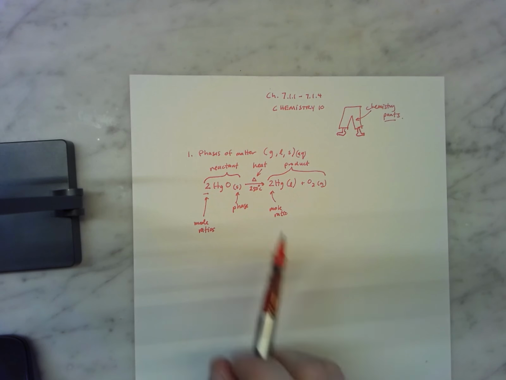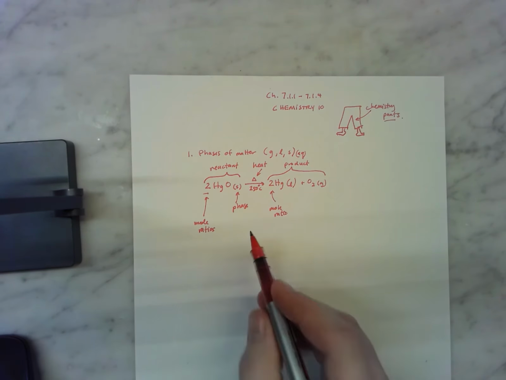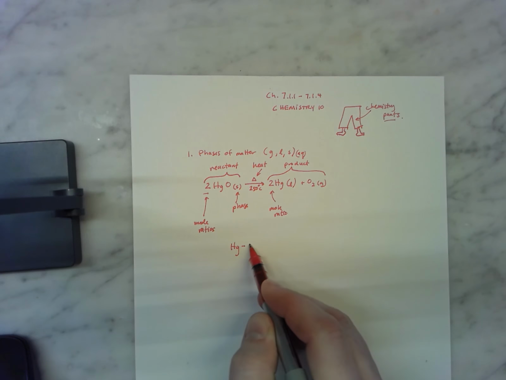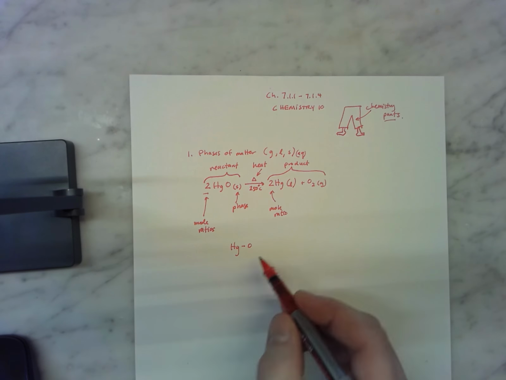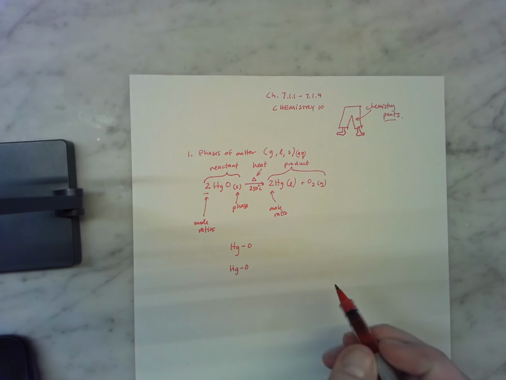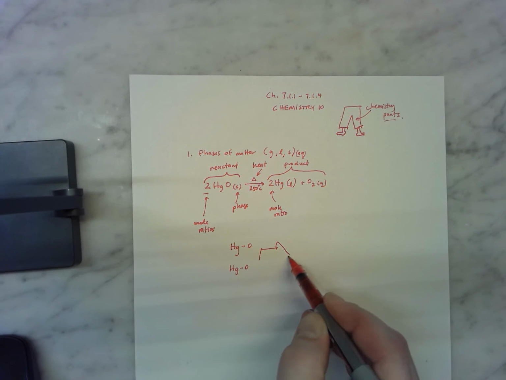So if we had 2 molecules of HgO, okay, and I'm not going to do any Lewis diagram or anything of it, but I do want you to see it, all right? We would have 2 of these,